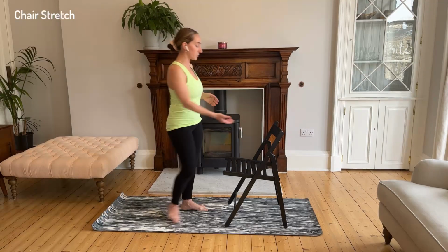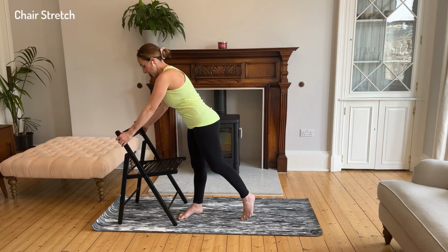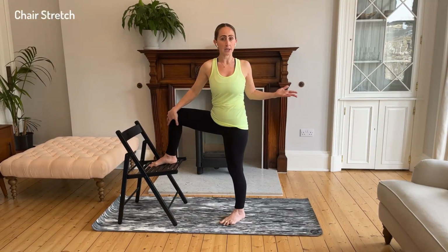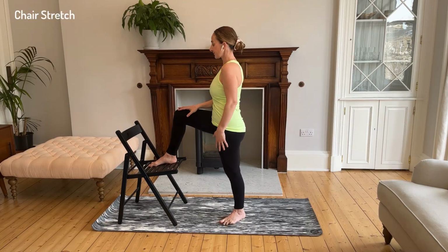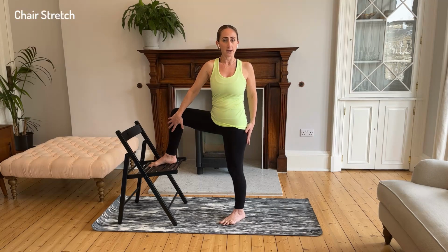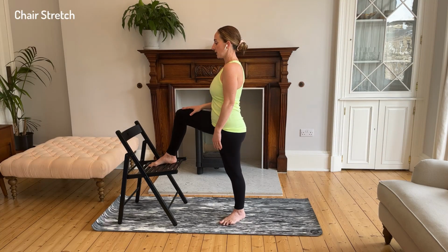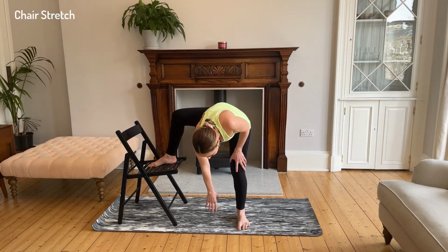So again, you can do it on the opposite side. So you don't need to change the chair around. Right leg on top. Start by rotating your chest away. So you can start a little bit of rotation first. And then once you've done that a few times, we're going to turn the foot away, and then we're going to lean down as far as you can with the